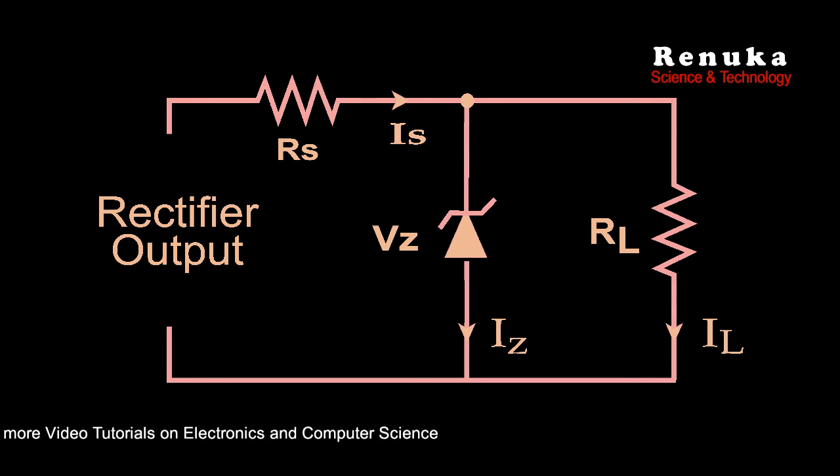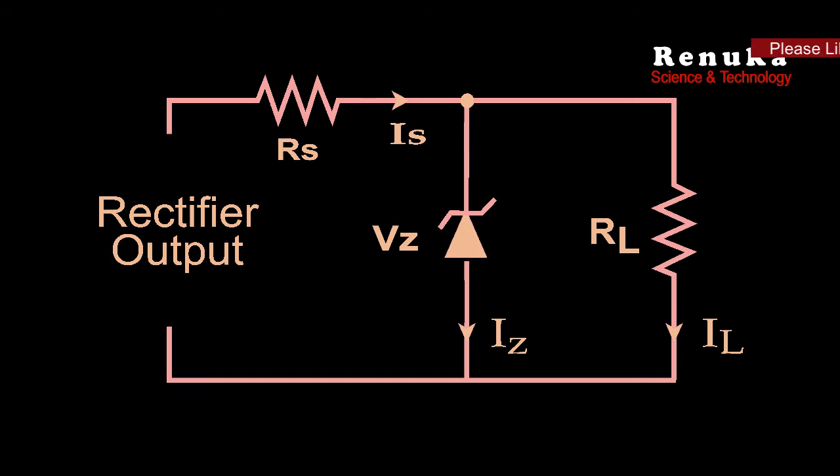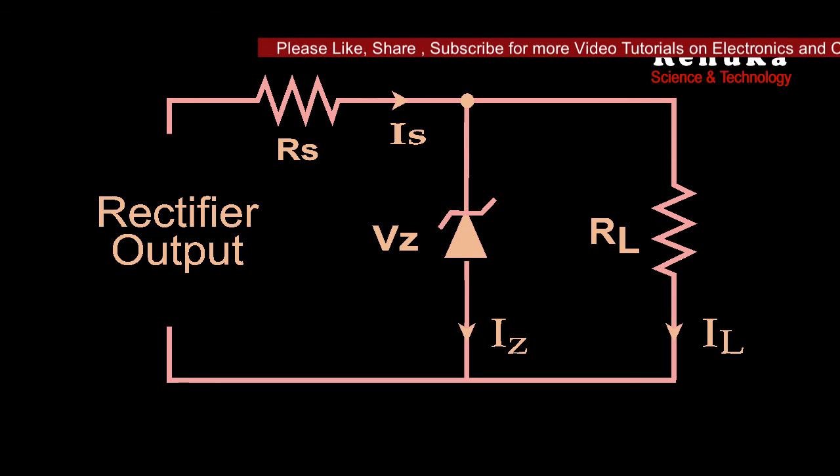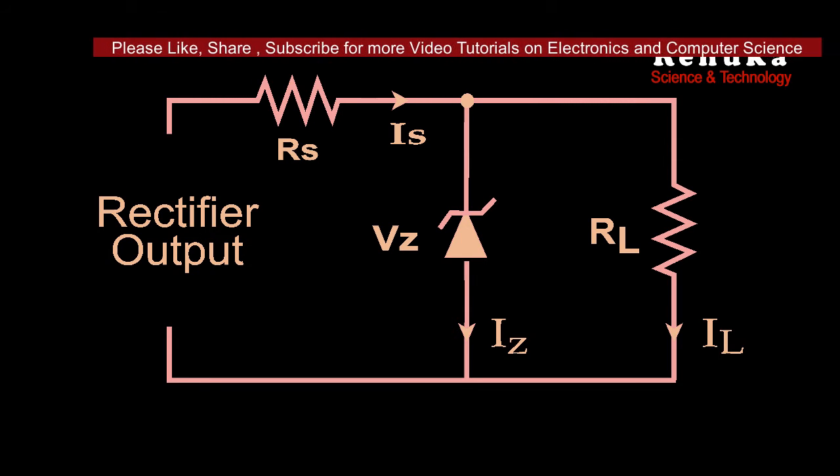The voltage regulator using Zener diode is shown here. The load resistor is in parallel with the series circuit of resistor RS and Zener. The Zener is connected in reverse bias mode. The Zener diode will conduct only when the source voltage Vs is greater than the Zener breakdown voltage, keeping the constant voltage across it.